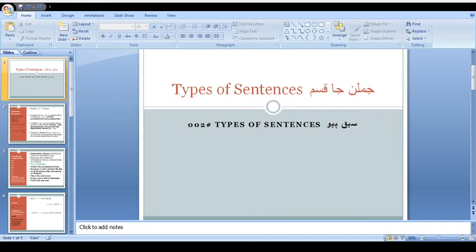Today I'll be explaining the types of sentences. This will be the second lesson on how to write, read and speak. This is actually going to help those who want to learn Sindhi. I want to give a touch of the English language, in order to provide the basic information about the